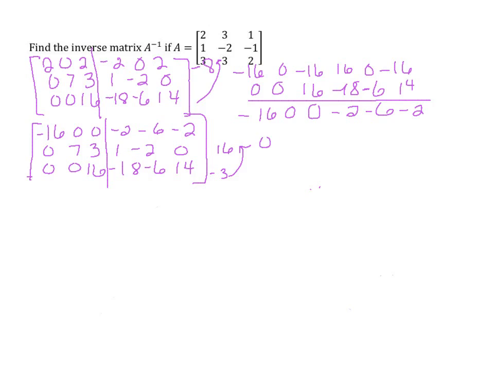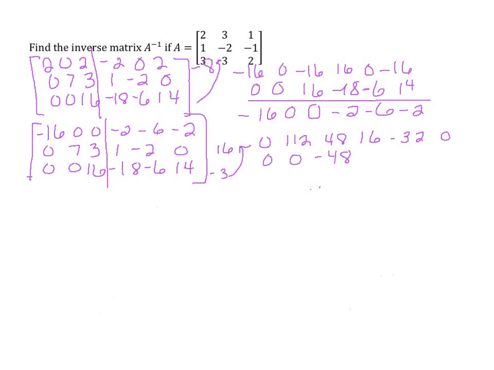So 0, 112, 48, 16, -32, 0. Multiplying my bottom row by -3, so 0, 0,